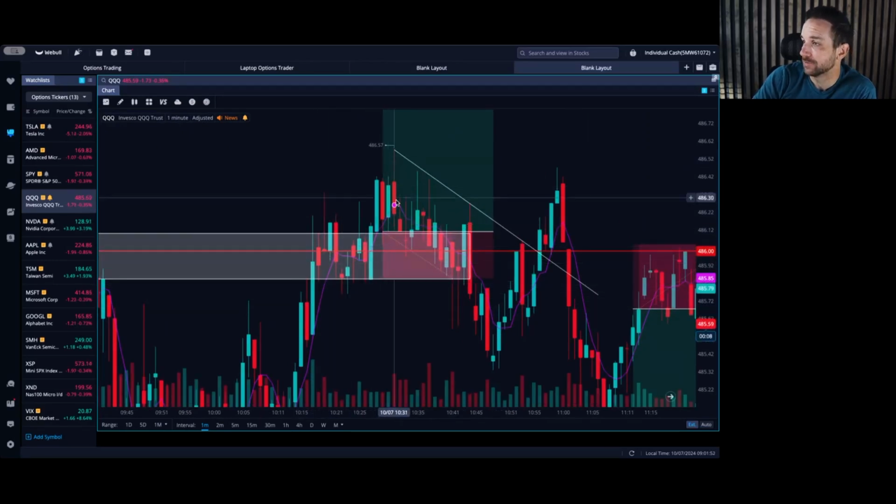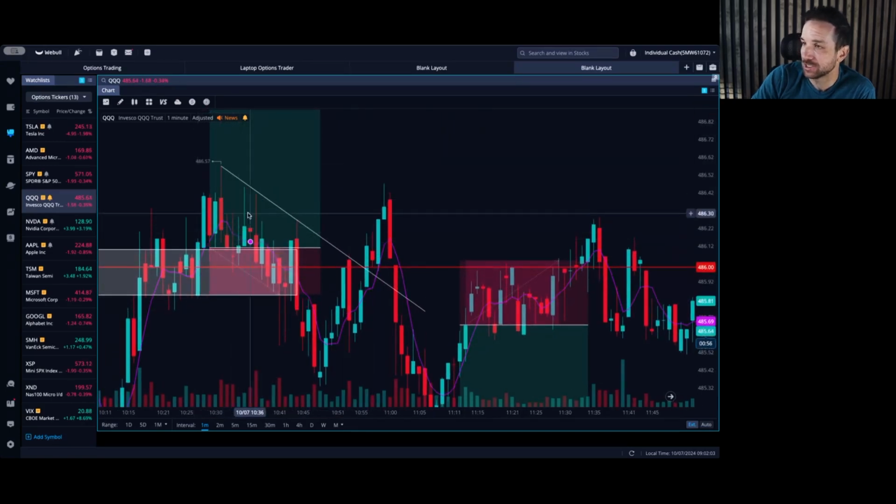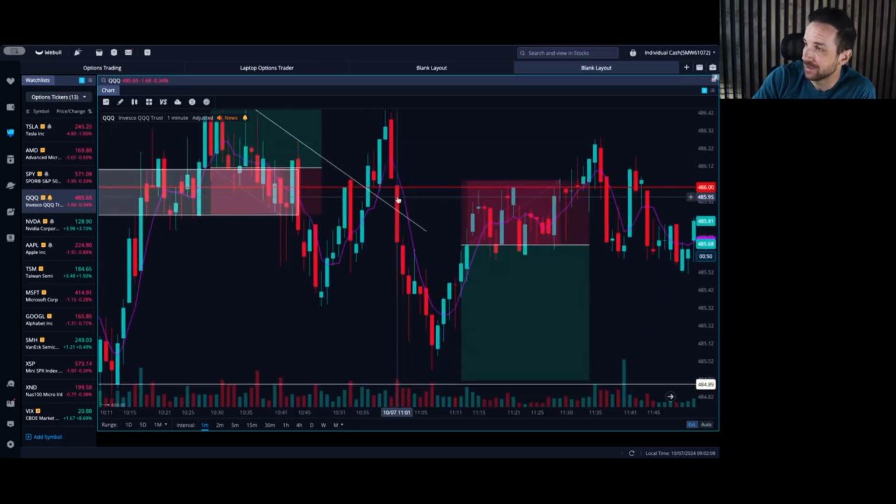We broke again to the upside, came back down and got this doji candle, which is not the best entry, but I ended up taking an aggressive entry off of it to see if we could get some momentum to the upside. And it just ended up not being able to show the strength, ended up stopping me out. As you can see, it came all the way back up here again,